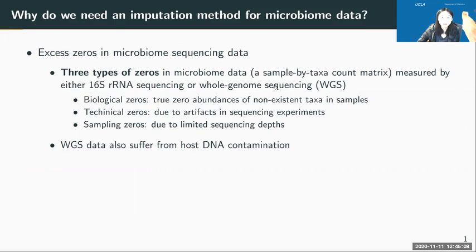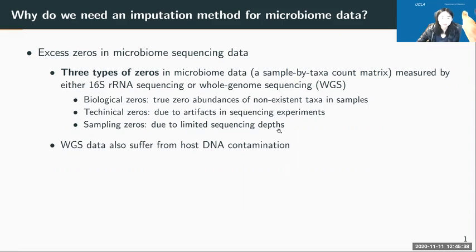There are always a lot of zero read counts in the microbiome data, which is usually summarized as a sample by taxa count matrix. There are three types of zeros. The biological zeros mean that the taxa are truly non-existent in samples, and these are true zero abundances. But in addition to those, we have technical zeros. These are zeros introduced due to artifacts in the preparation of sequencing experiments, and sampling zeros, which result from